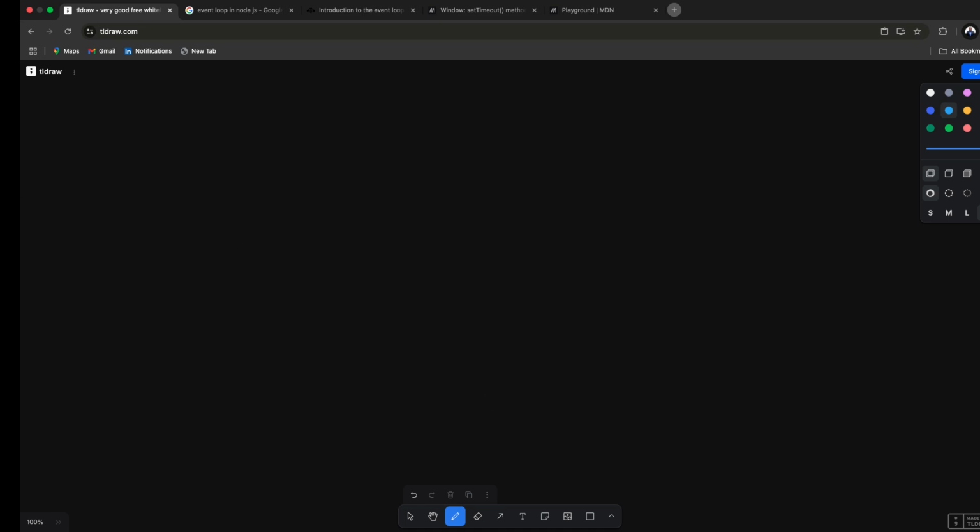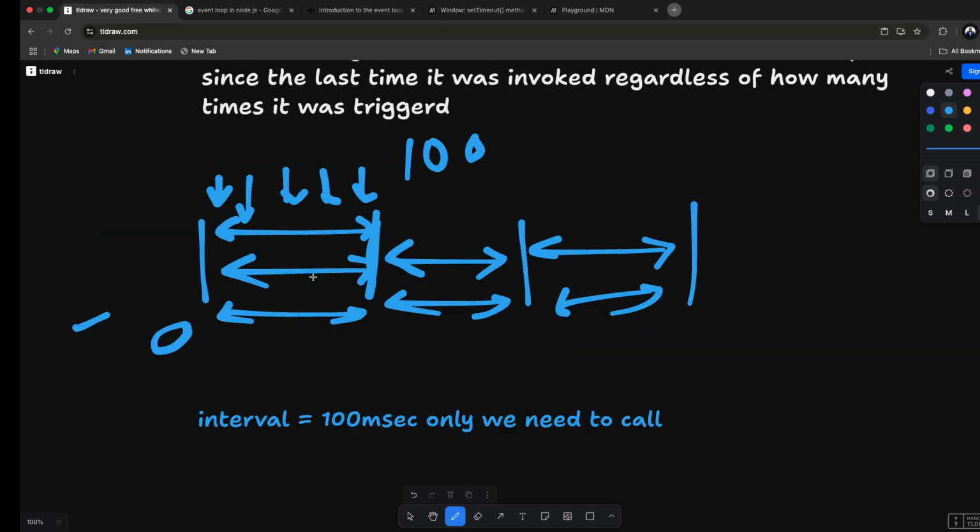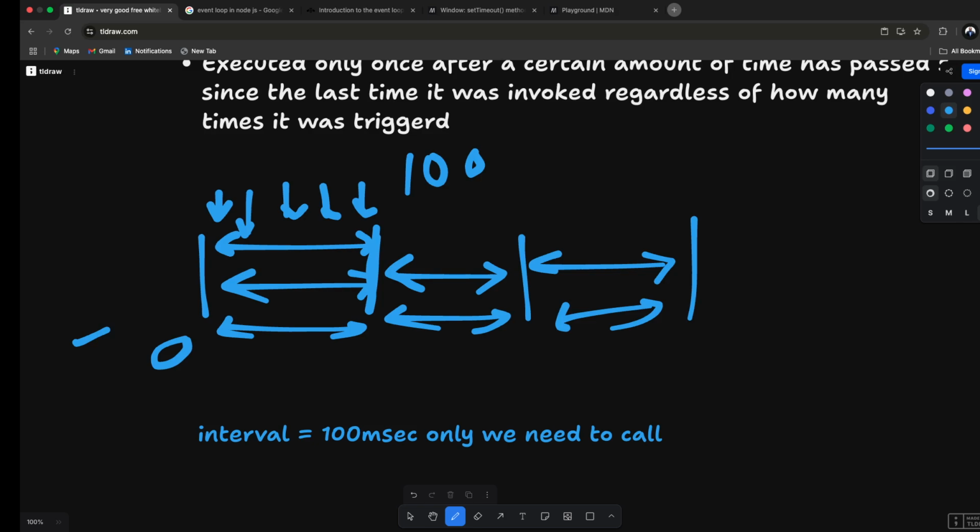When the event is triggered, it doesn't immediately invoke the function. Instead, it sets a timer to execute the function after a specified delay. If the event is triggered again before the delay is over, the previous timer has to be cleared. Okay, so now this is something new. Debouncing is a technique to ensure that a function is only executed once after a certain amount of time has passed since the last time it was invoked, regardless of how many times it is triggered. It's commonly used to limit the number of times events like